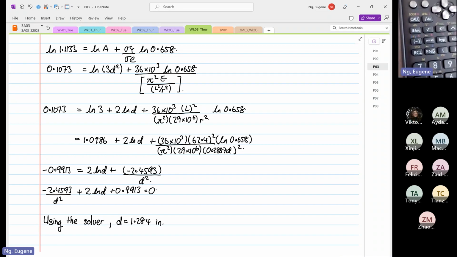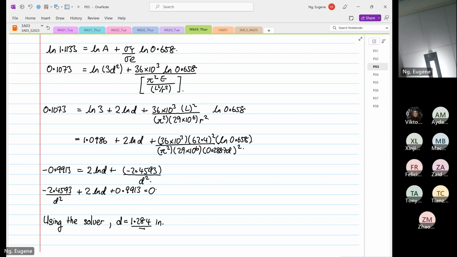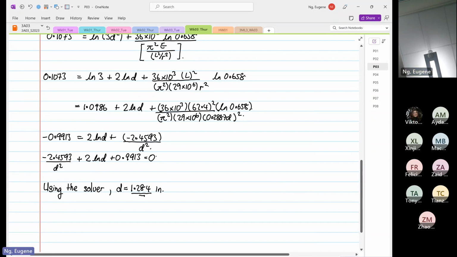Okay. So now we know that D is equal to 1.284. But this does not mean we are done already. Now we have to check whether